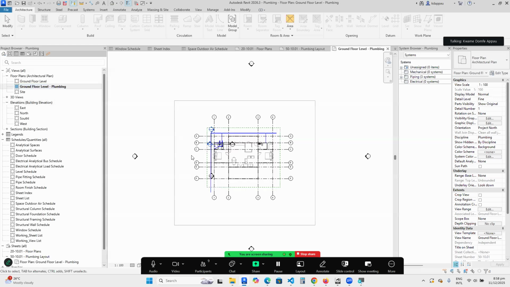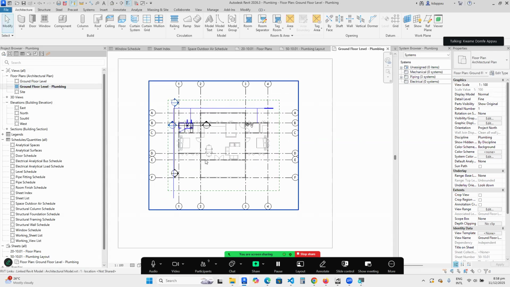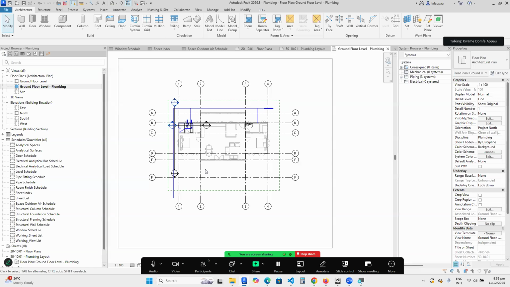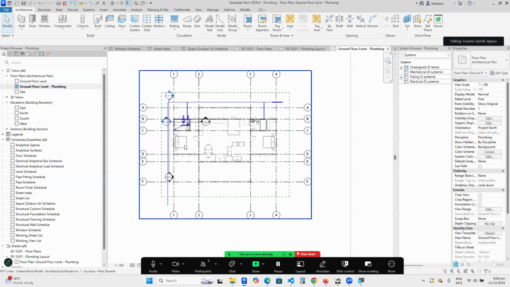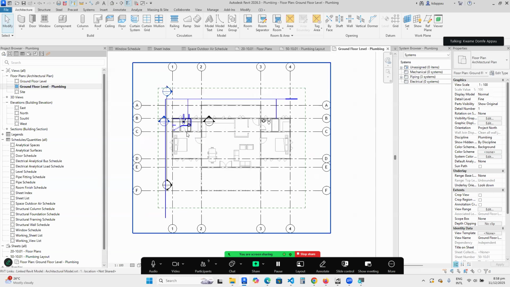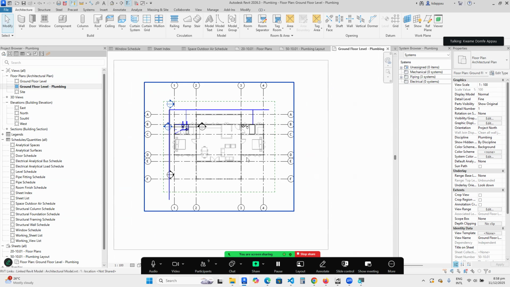The best way to go about it is to scope the view. We call it scoping. I know you all understand scoping. If you want to scope something, you want to define what you want to work with, what you want to work within. That's what it's called scoping. And Revit provides that with something called scope box. All this floor plan that you are going to do, you are going to do plumbing layout, cold water layout, hot water supply layout, waste layout, firefighting layout, whatever layout that you are going to do, floor plan layout,